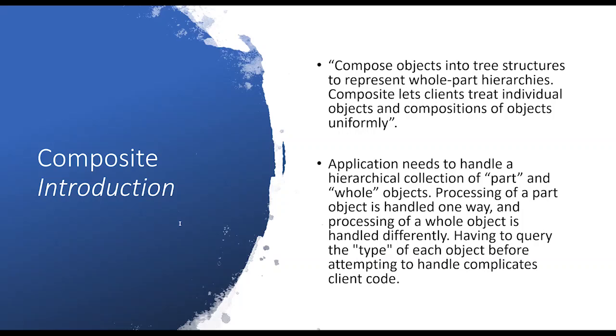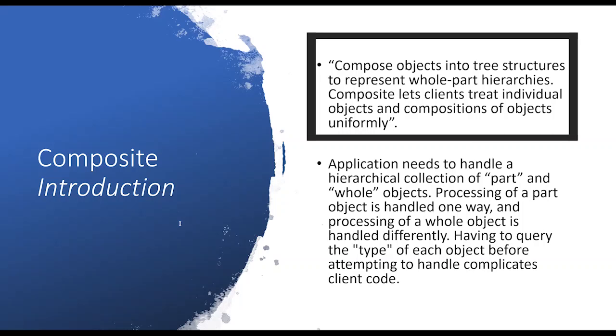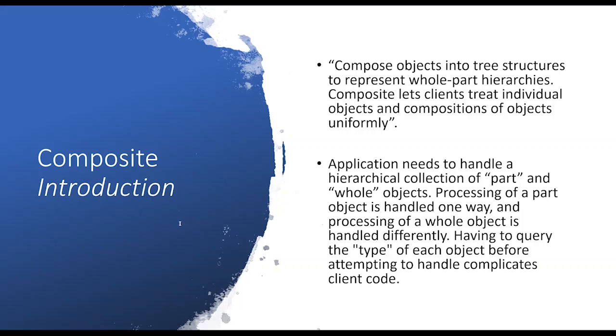With this, now let's get down to the definition of the composite pattern, which we are trying to understand here. In the words of Gang of Four, under the composite pattern, we compose objects into tree structures to represent part-whole hierarchies. Composite lets the client treat individual objects and compositions of objects uniformly, which means that our desire here is to treat both leaf objects and composite objects in a similar way. Let's see how it is achieved.